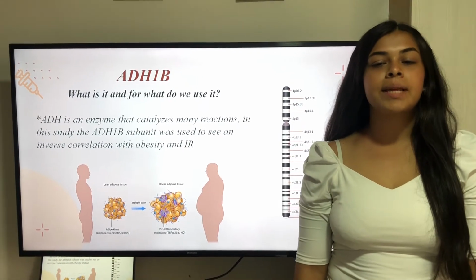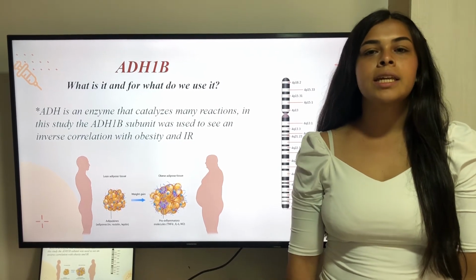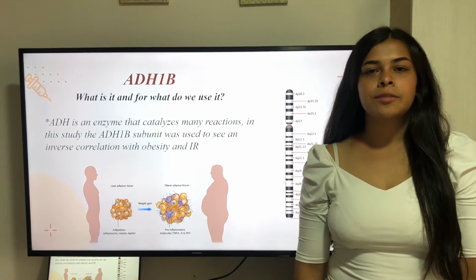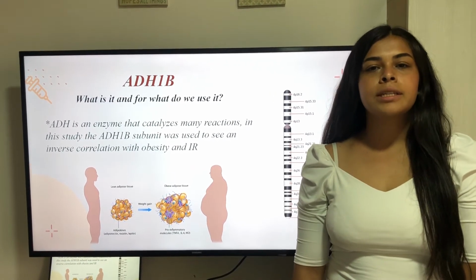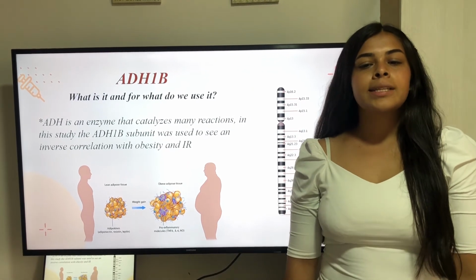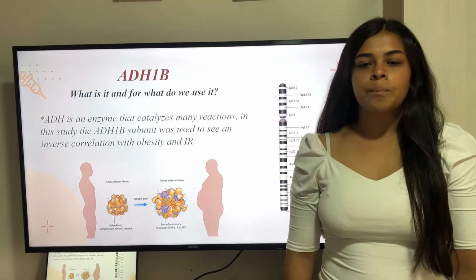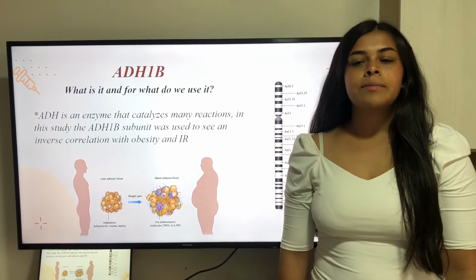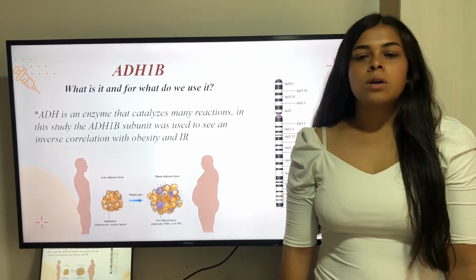ADH1B is an enzyme that in humans is encoded by the ADH1B gene. The protein encoded by this gene is a member of the alcohol dehydrogenase family. Members of this enzyme family metabolize a wide variety of substrates. The human gene is located on chromosome 4 in 4q22. This is an enzyme that catalyzes the first step in the oxidative metabolism of ethanol, in which ethanol is oxidized